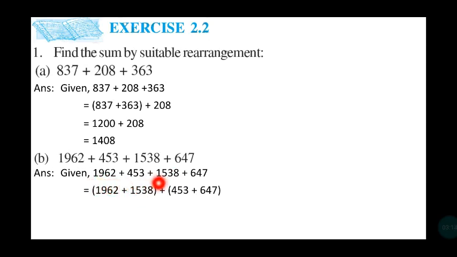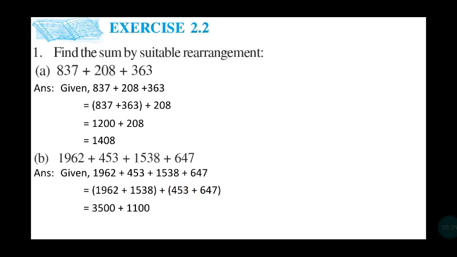1962 plus 1538. Right? Okay, and 3 and 7. 3 plus 7, 10. So add these two numbers together. 453 plus 647. Now if you add these two numbers in your CW book, you will get the answer